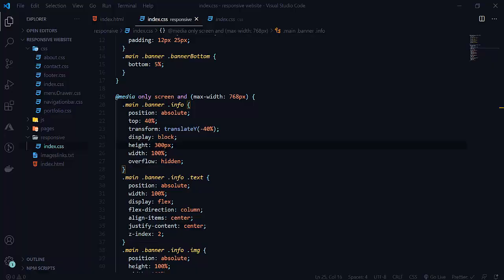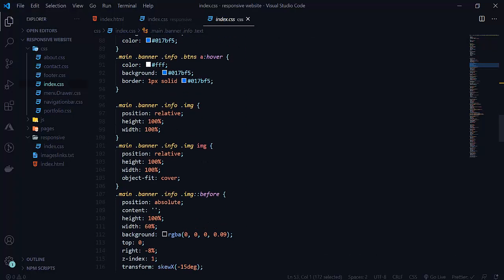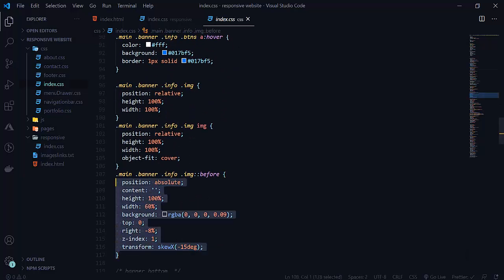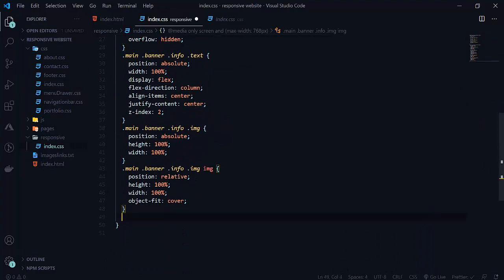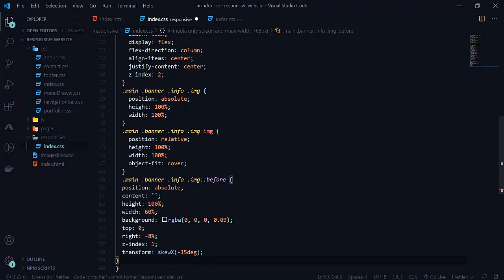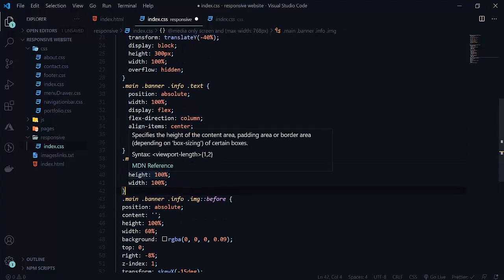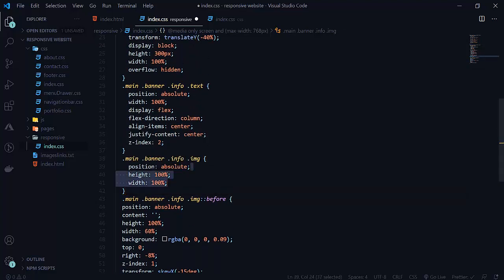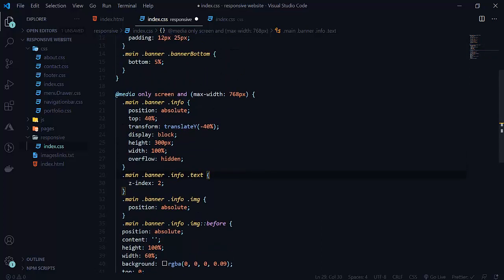So let's go here and let's target our image before also. So because we want this also, copy this and paste it here. So we don't want this here because we are not changing it here. So after that we are just changing its position to absolute here, and here we are just changing its Z index for the text here.